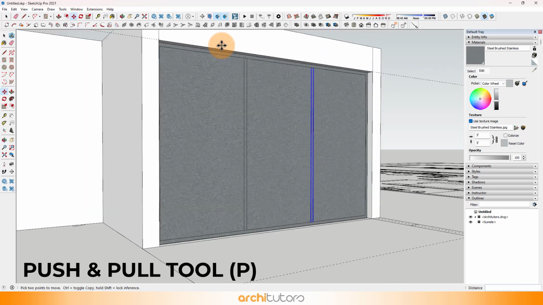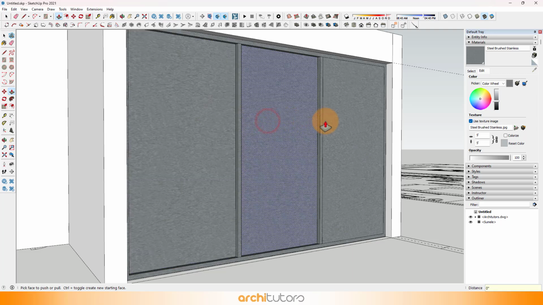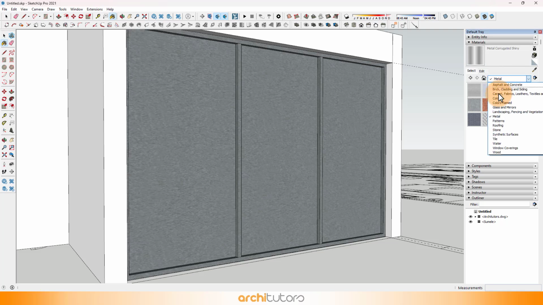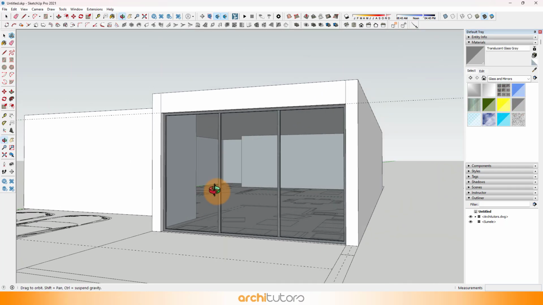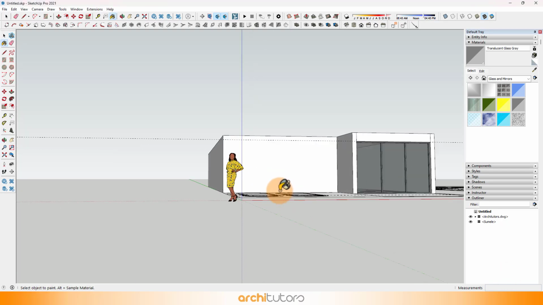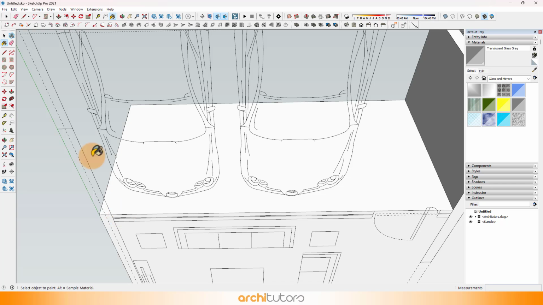And finally intrude the surface using Push and Pull tool to create the glass surface of this window. Let's also apply a texture to this surface. It'll be a glass texture. Using the same method, let's draw all windows and doors coming on this ground floor.